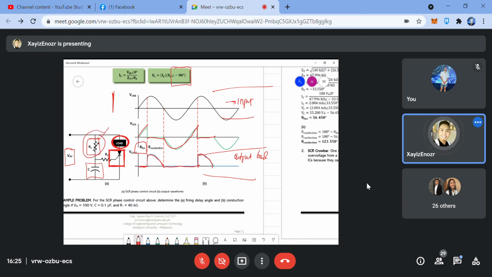Yung variable resistor dito, pag in-adjust mo, pwedeng yung firing delay dito sa point na to, so ganyan yung itsura niyan. So pag dito naman yung firing delay, ganyan itsura niyan, liliit kasi maliliit yung pag-fire niya. So, ma-adjust yung firing delay angle at conduction angle through that variable resistor. Okay? So, yun yung kaya tinatawag na phase control. Nako-control mo yung phase ng